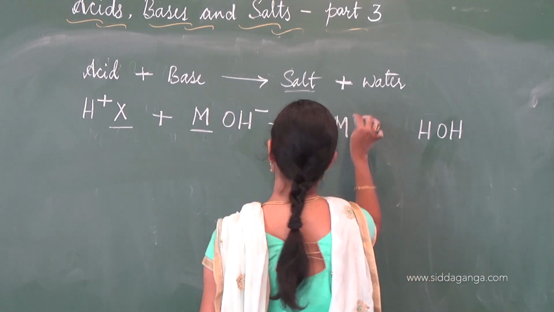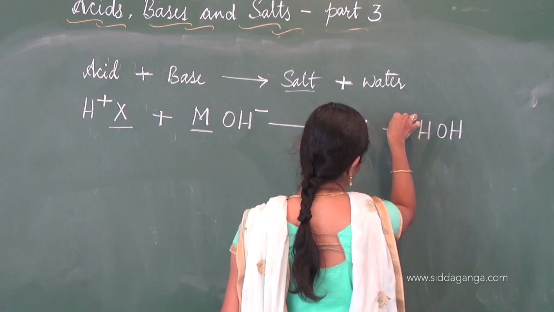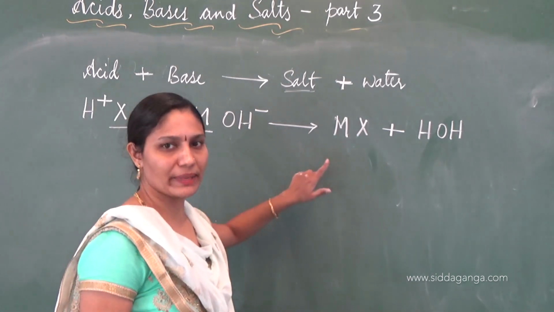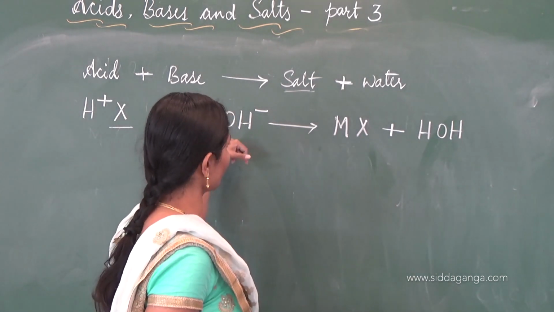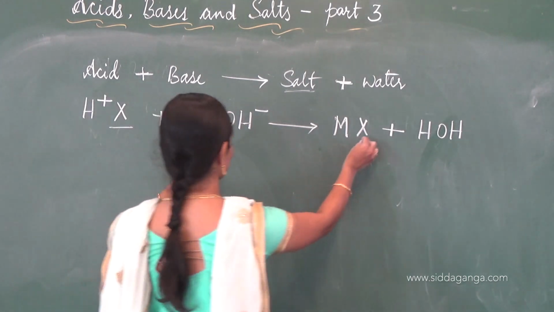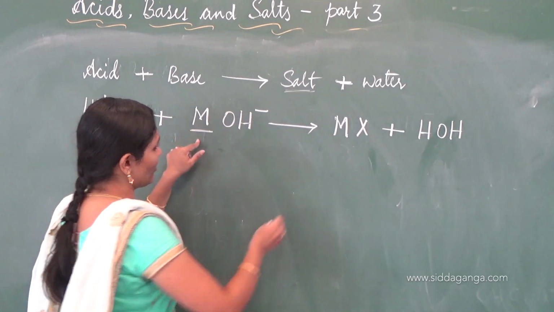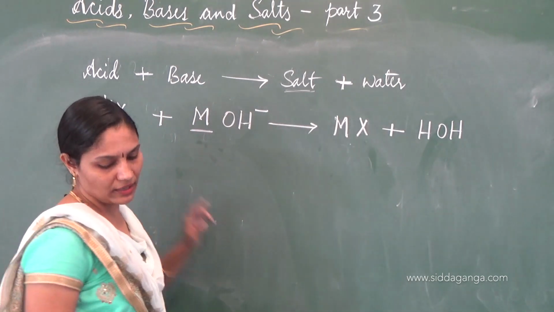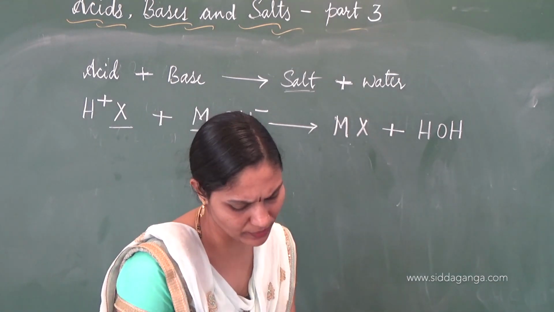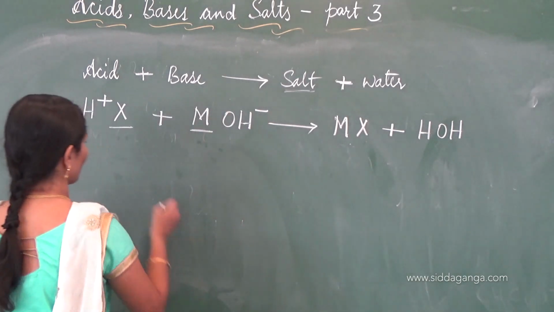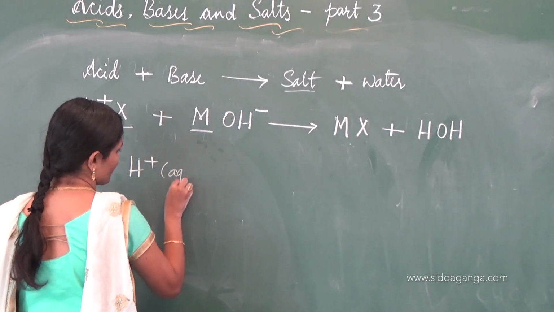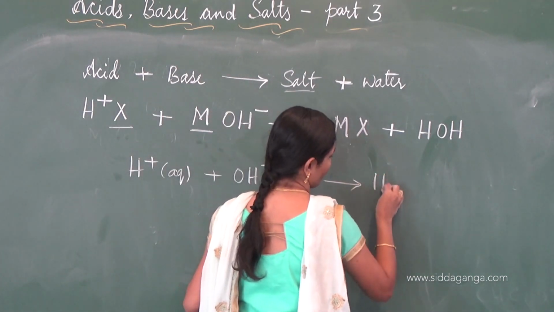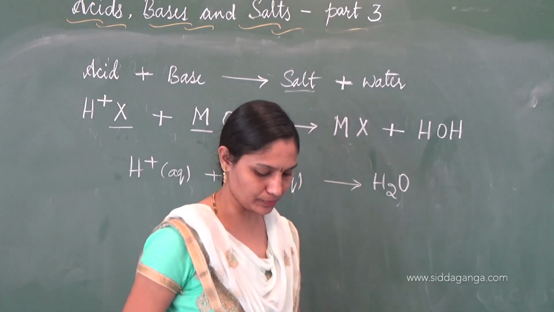The remaining ions, the other ions from base and acid. The base will come first and the ion belonging to the acid next. That is, while writing the salt, we take the positive ion, that is the cation from the base, and the anion from the acid. M is the cation from the base, whereas X is the anion from the acid. We will write down an example. So before that, we will further make it clear to you. H+ in its aqueous state and OH- ions from base in their aqueous state form water, that is H2O.